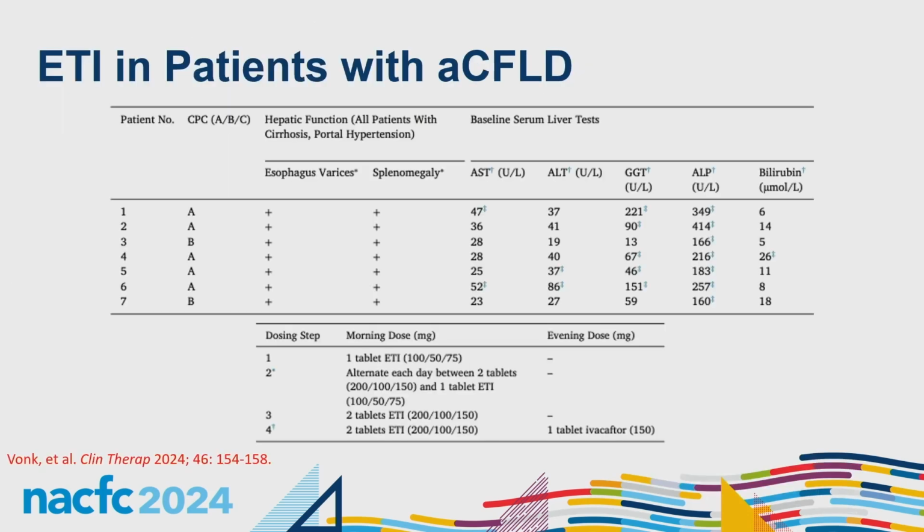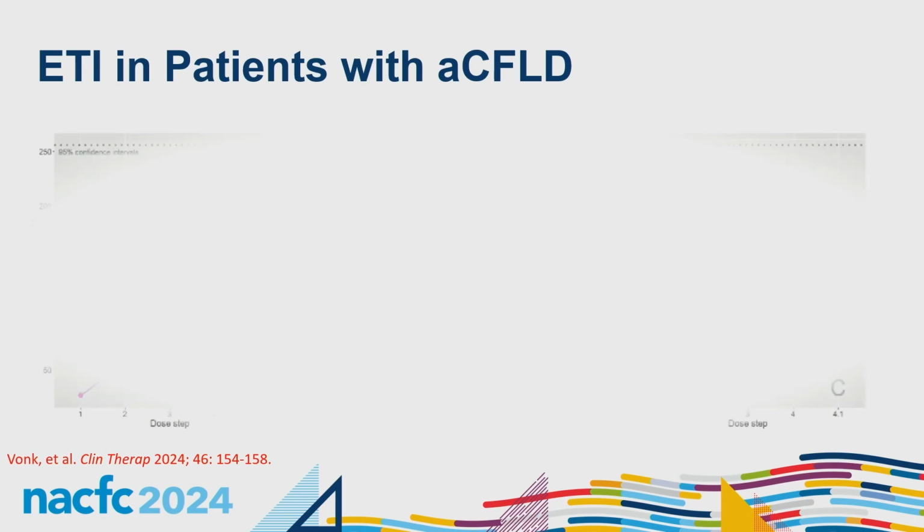And the other one I wanted to talk about is I heard earlier somebody say that we shouldn't be starting ETI if we have severe advanced liver disease, including varices, and I would actually disagree with that. So this was a study out of the Netherlands where they looked at 7 patients who had very advanced liver involvement, including all of them with varices, splenomegaly, elevated transaminase levels, and they had this modified dosing where they started at step 1, which was just 1 tablet. You can see the dosing. I'm not going to read it to you, but it was a methodical way to get patients with advanced liver disease on ETI, and they were very successful.